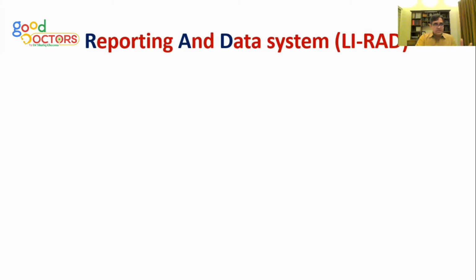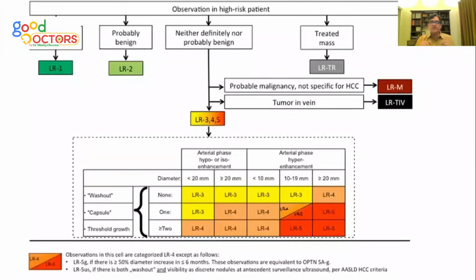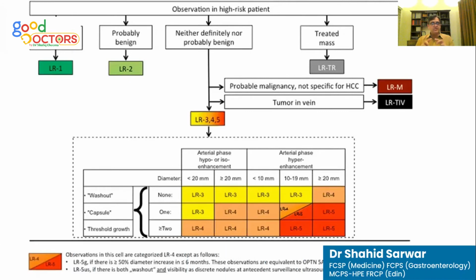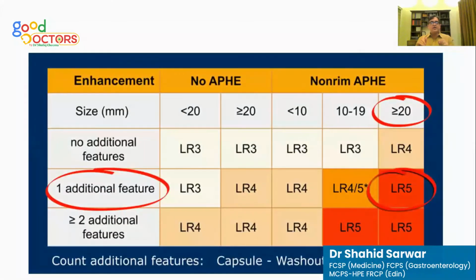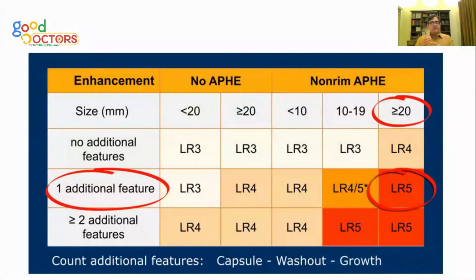So as physicians in gastroenterology, we need to be familiar with this. What they do is label lesions and tumors in the liver as LIRAD 1, 2, 3, 4, 5. Now this is based on the presence or absence of these 4 features that I've already told about. The most important thing here is the size of the tumor. Is it less than 2 centimeter or more than 2 centimeter? And then you interpret the presence or absence of those 4 cardinal features of imaging modalities.